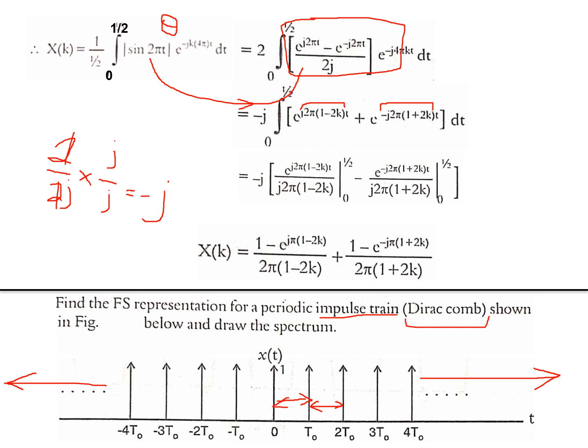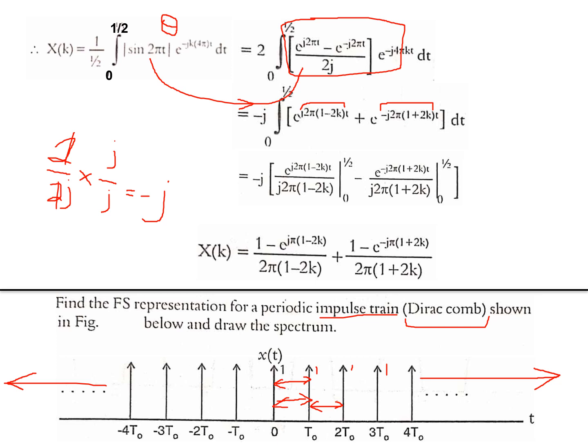X of t is equal to, so here the frequency is 1 by t0, where t naught is the time between the two impulses, because an impulse itself doesn't have duration, it's only an occurrence at one instant of time. So the distance between the two instants is one time period. Frequency is 1 by t naught, the frequency of the train. Amplitude is 1. It is a unit impulse. Only it occurs at different instants of time with a time gap of t naught seconds.